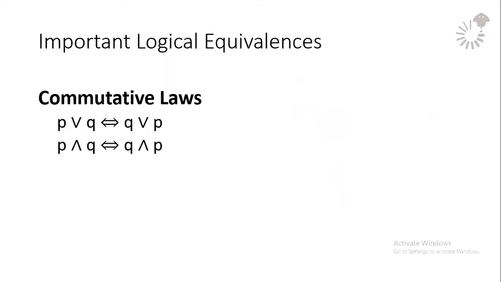Commutative law. For commutative law, that is familiar to you, right? You encountered the commutative law of addition. When we say commutative law of addition, 1 plus 3 is equivalent to 3 plus 1. Even if the positions are different, when they swap positions, the answer is the same. It is the same with the commutative law. Okay? So, P or Q is equivalent to Q or P. P and Q is also equivalent to Q and P.